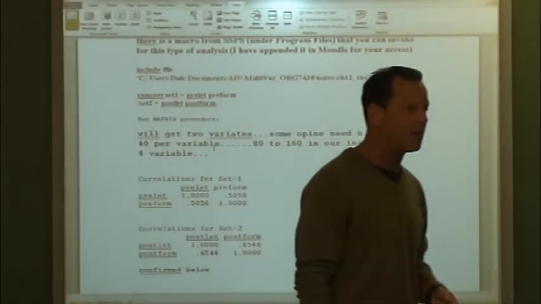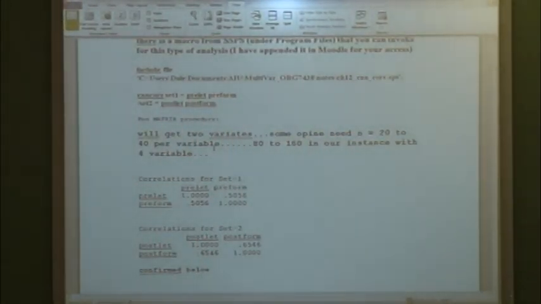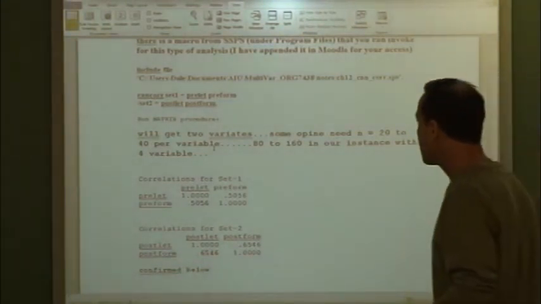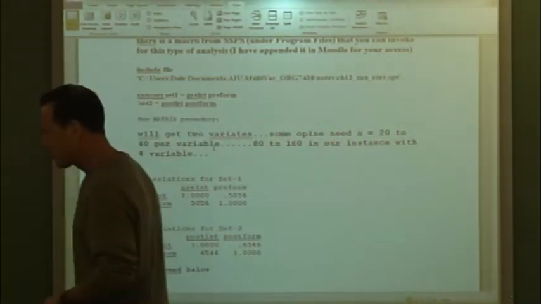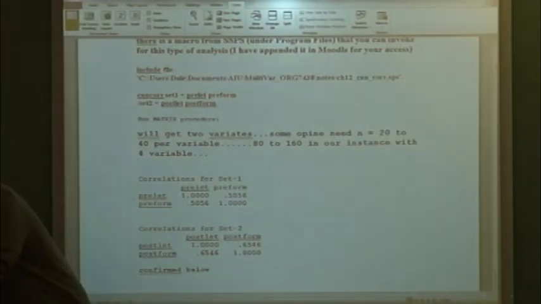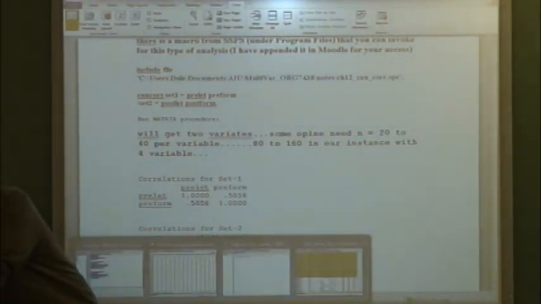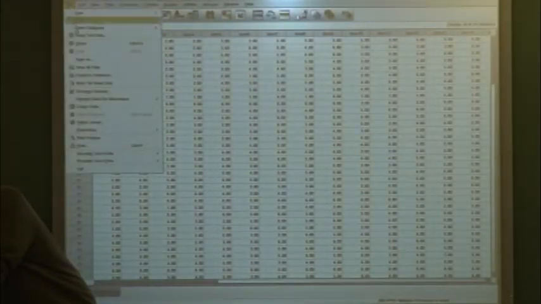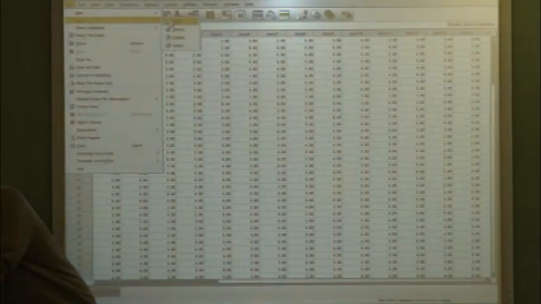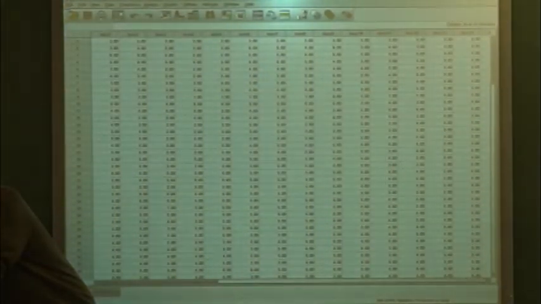There is no point and click for it in SPSS. There's no canonical correlation menu. There is a macro, though, that you can download, that I have also included. I've saved you the trouble of having to download it. But if you really wanted to see where the macro is, you can do File, Open,